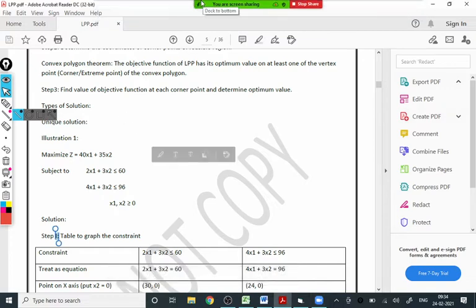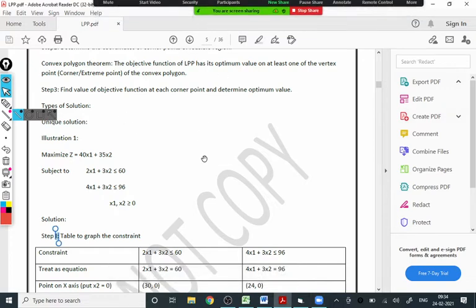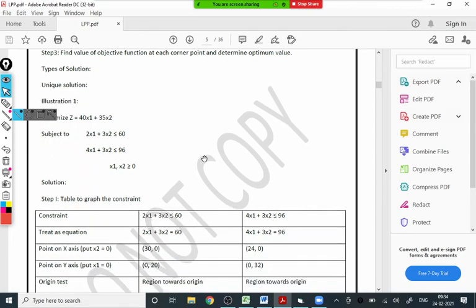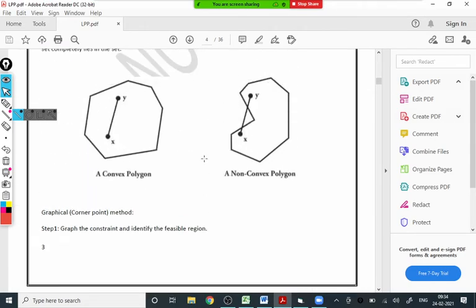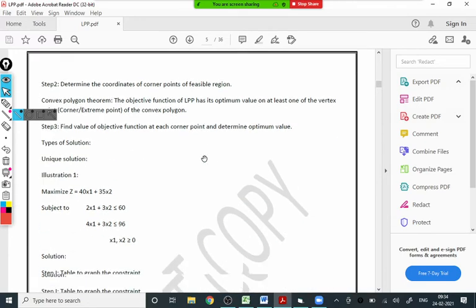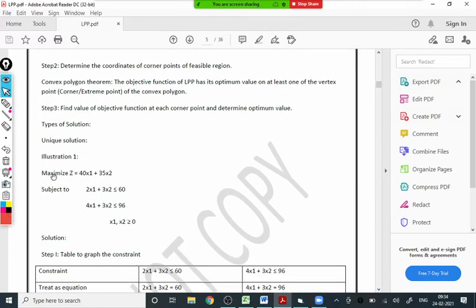Okay, here is the first example. You will see this is illustration one, unique solution. For the unique solution, we have to maximize z subject to these two constraints. You'll observe